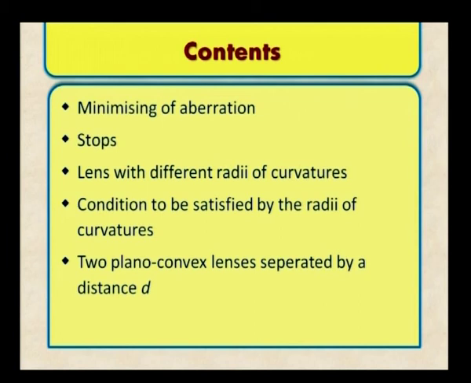You can have a single lens. By changing the radii of curvatures of the 2 surfaces, the spherical aberration can be minimized, and there is a condition to be satisfied by the lens with regard to the radii of curvatures. Then the 2 plano convex lenses, when they are separated by a distance d, how the spherical aberration can be minimized. So, the whole of today's talk is